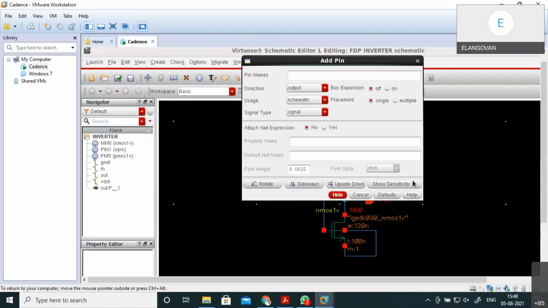I'm inserting my input by using an input port, and VDD as a port, ground as a port. Otherwise, instead of ground, you can use VSS also. In some cases, you can use VSS.